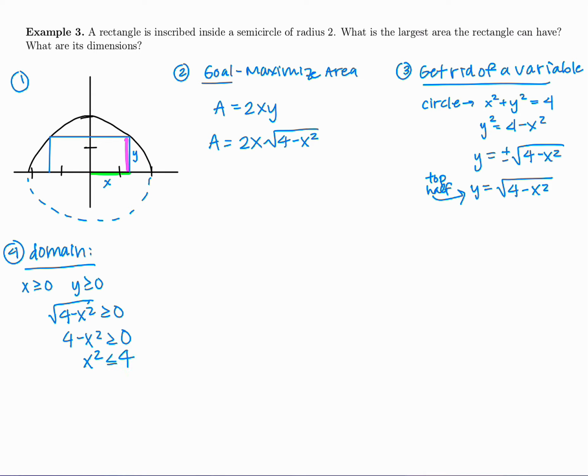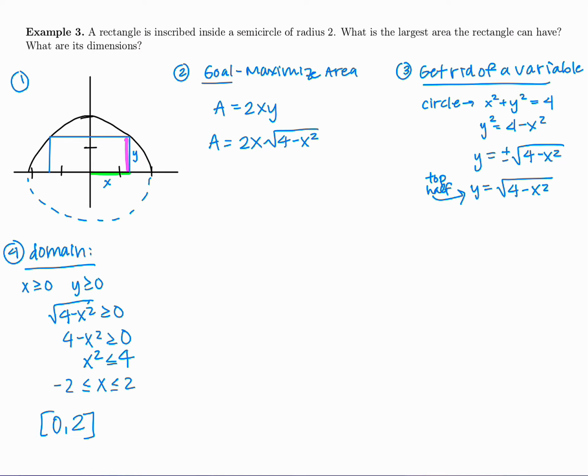or we can think that means that x is less than or equal to 2, but bigger than or equal to negative 2, if x squared has to be less than or equal to 4. So putting these things together, if x has to be greater than or equal to 0, and it has to be between negative 2 and 2, putting all that together says our interval is 0 to 2. It kind of restricts, if you will, x has to be less than or equal to 2 and bigger than or equal to 0. So this is nice because we have a continuous function on a closed interval,